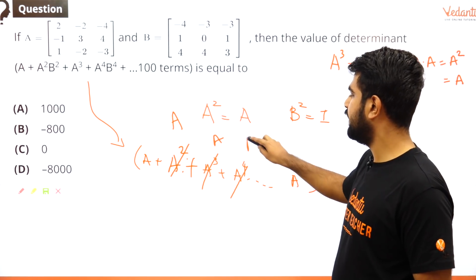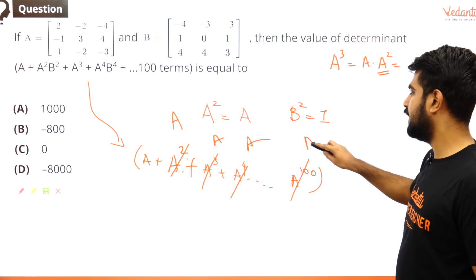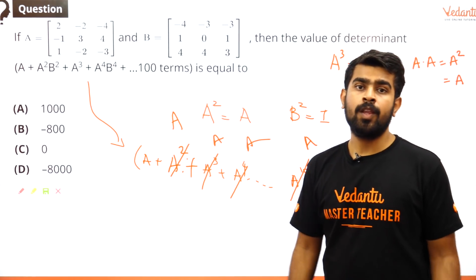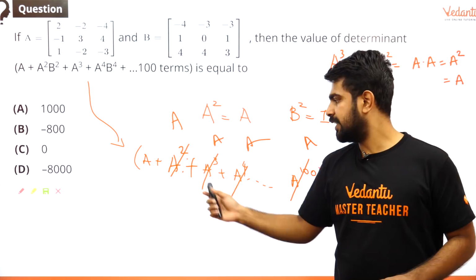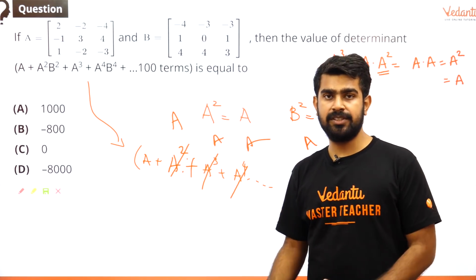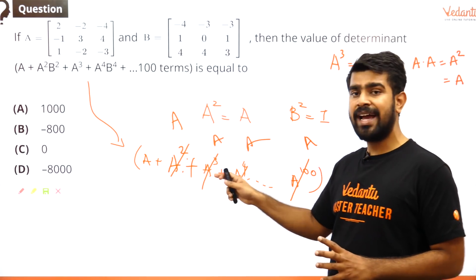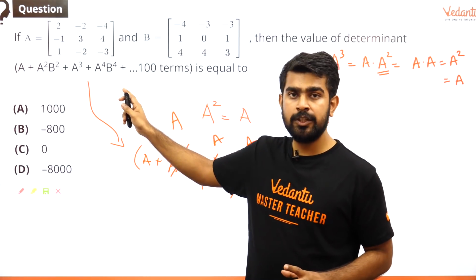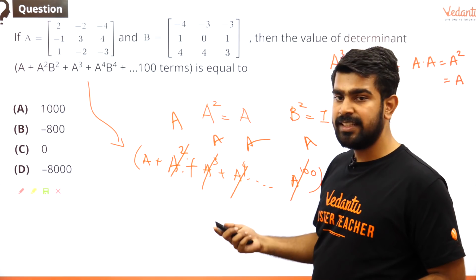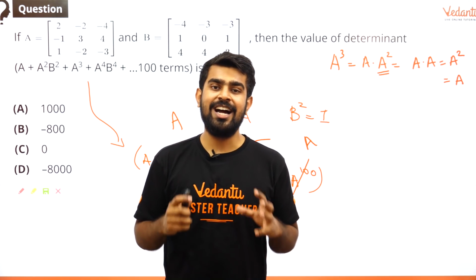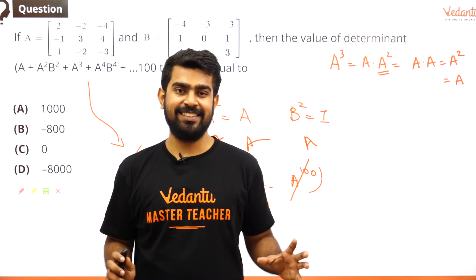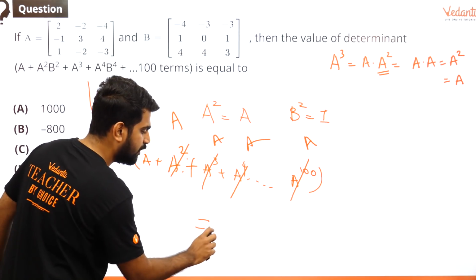Similarly, this is also equal to A. Everything will be equal to A. You guys can check it out. All the values which are given here, all the terms, they are all going to be equal to A. So how many A's do I have? I have 100 terms, right? So these 100 terms are going to reduce to 100 A's. That's it. So this is going to be equal to